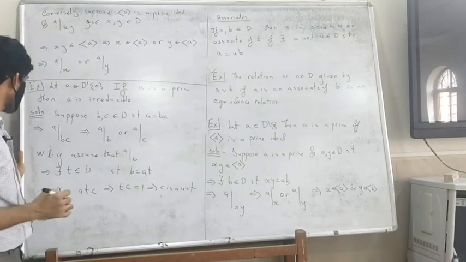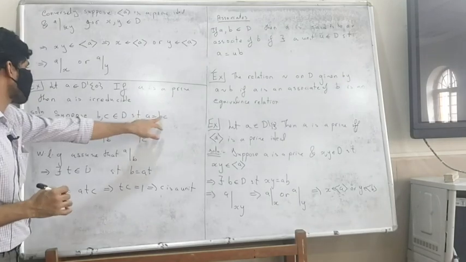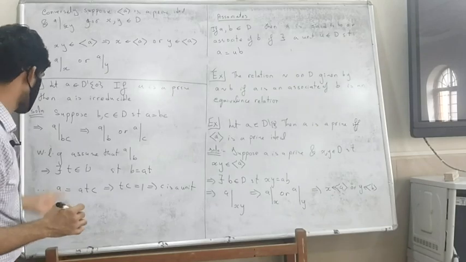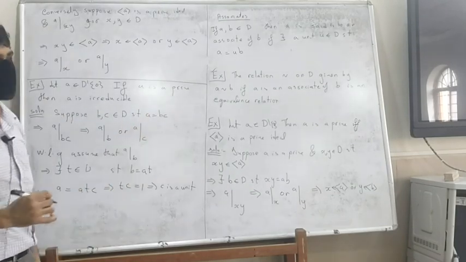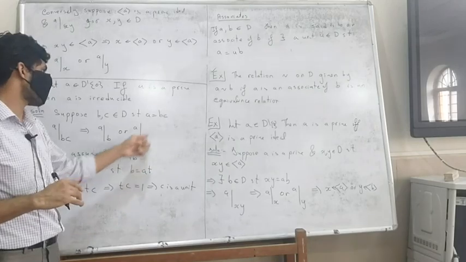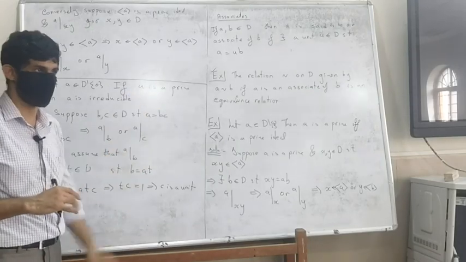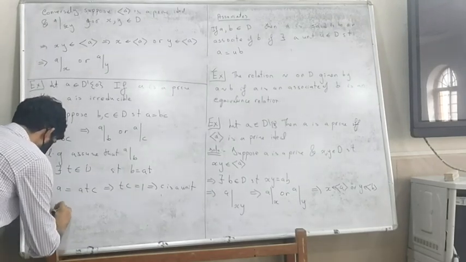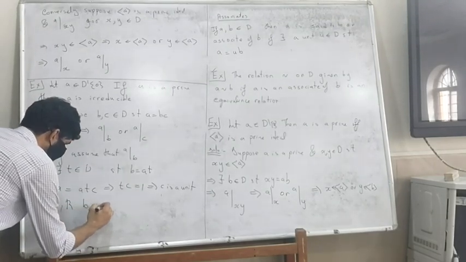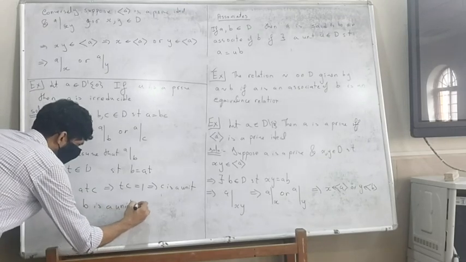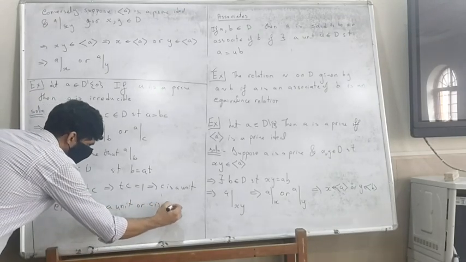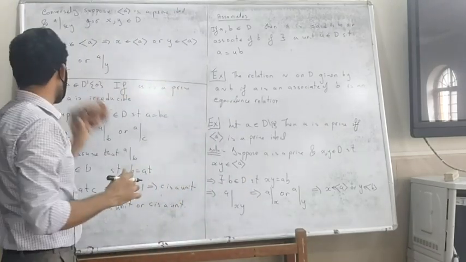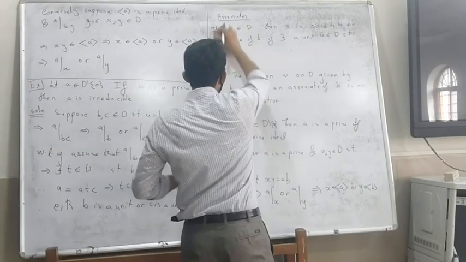So what I have proved here is that if A divides BC, then either C is a unit or B is a unit. Essentially, if A divides B, then C will be a unit. If A divides C, B will be a unit. So simple enough. Therefore either B is a unit or C is a unit. That tells us that A is irreducible. So every prime is an irreducible.